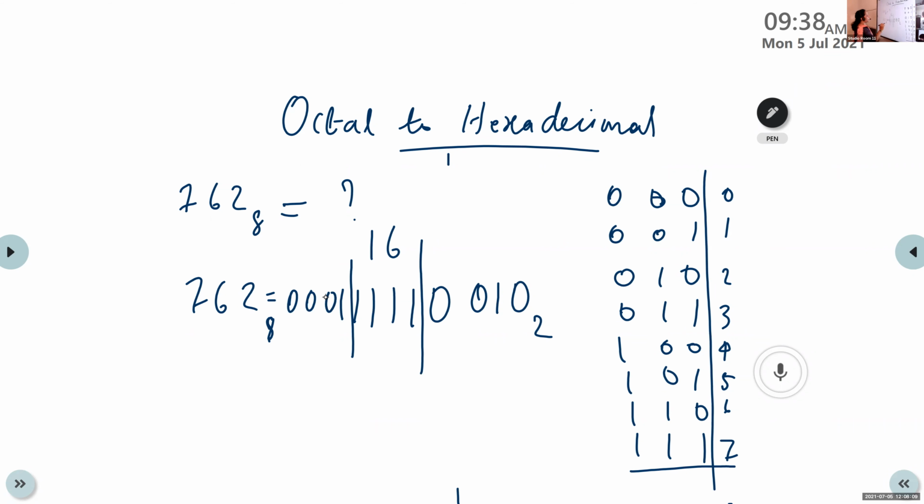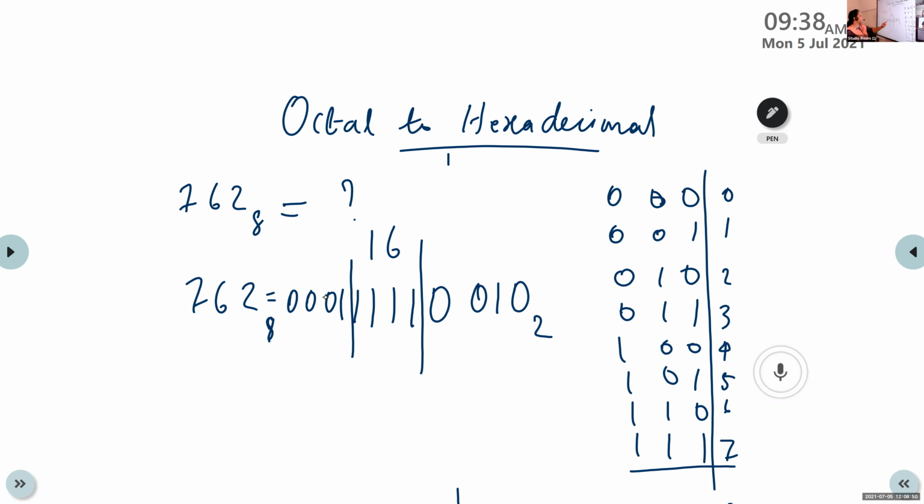So first I convert this octal number into binary using the 3-bit table, and after that I group these binary values, each group carrying 4 bits. So the first group is 1, 2, 3, 4, 0, 0, 1, 0. Second it is 4, 1. Last there is only 1, but we have to group that in a group of 4 bits also, so I add 3 zeros here. So 0, 0, 1. Then take the corresponding values from the 4-bit table.